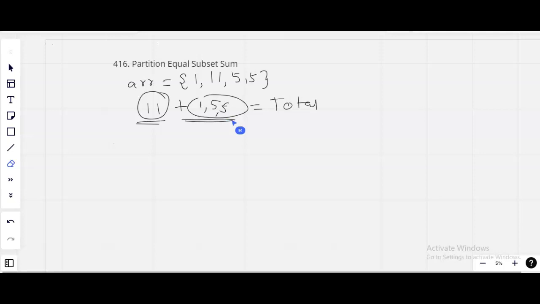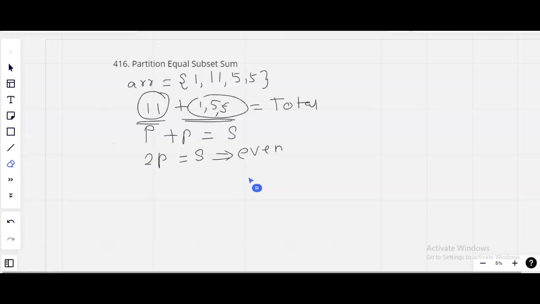So let us assume the sum of each partition is p, then p plus p equals the total sum s. So 2p equals s, which implies that s should be even. Now, if our s is odd, then we can simply return false, as there does not exist any partition which